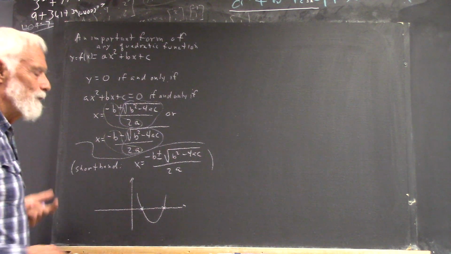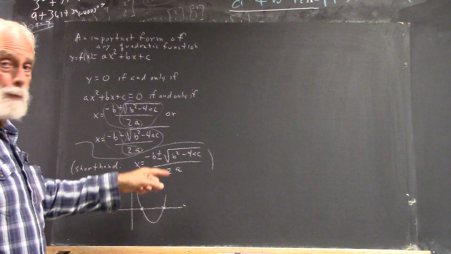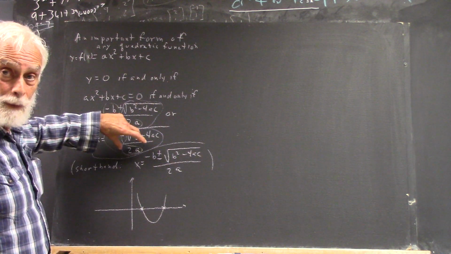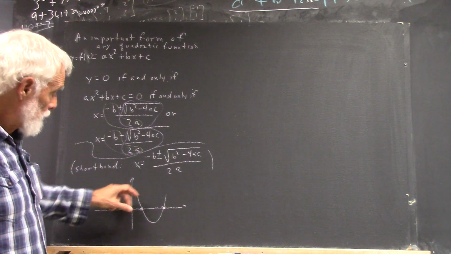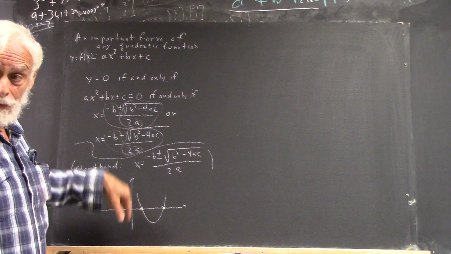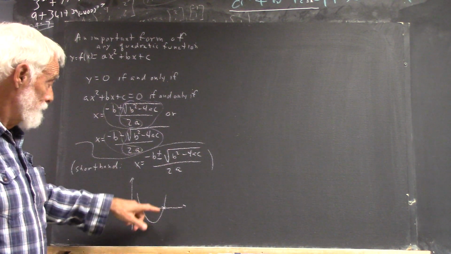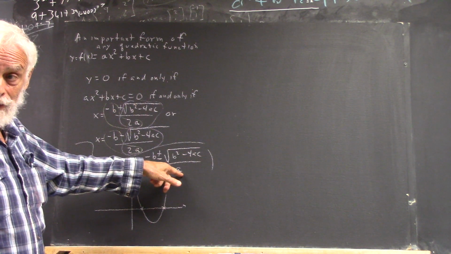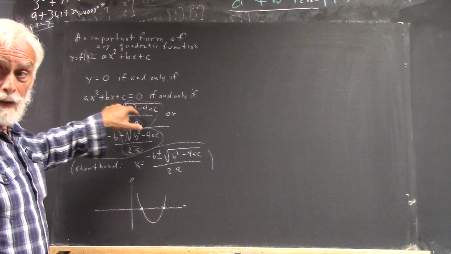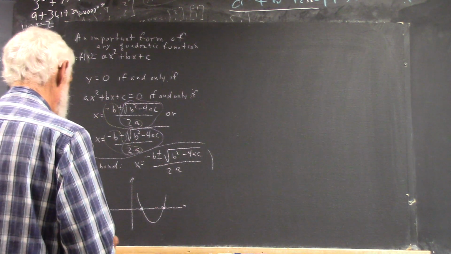This one, and there's another thing: the parabola opens upward if you vertically stretch it by a positive number. If you used a negative number, you would have to put it on the other side, the x squared graph on the other side of the x-axis, right? It opened downward. So we can kind of argue that if a is positive, then this one is less because you're subtracting this rather than adding it to the negative b over 2a. So